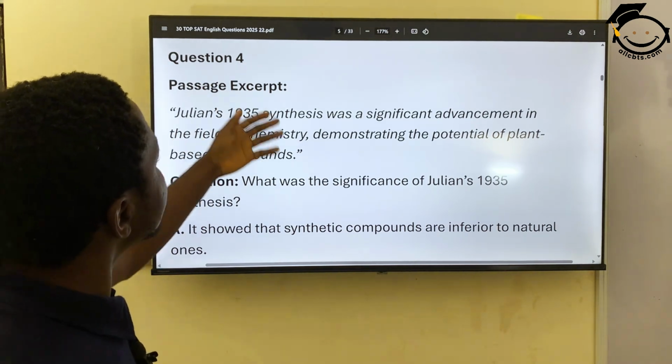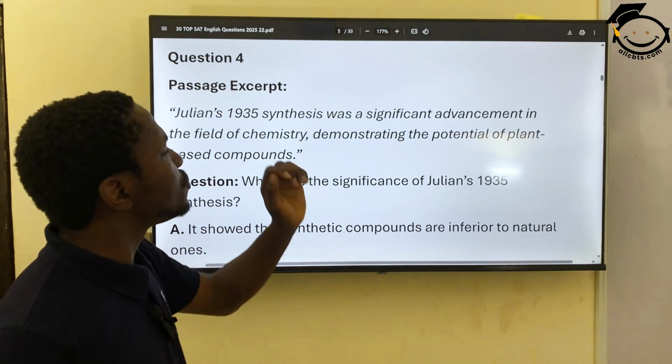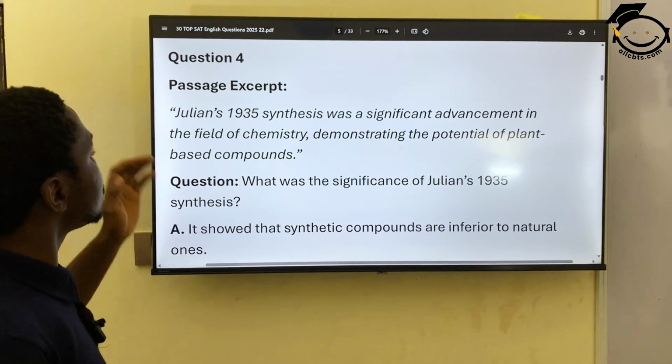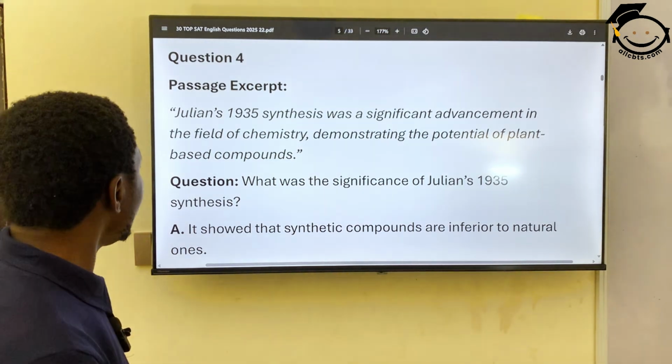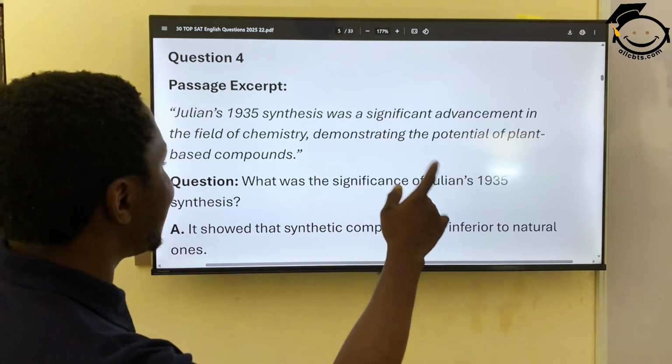Question 4, also an excerpt from passage. Julian's 1935 synthesis was a significant advancement in the field of chemistry, demonstrating the potential of plant-based compounds. Question: what was the significance of Julian's 1935